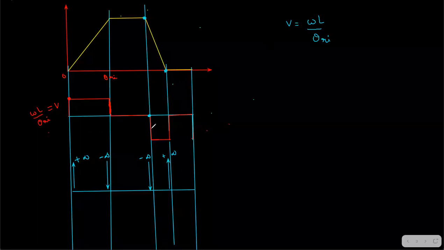Now explaining the other part. The other part is, whenever you accelerate from here, suddenly velocity is given. So the acceleration is infinite. This is the acceleration, okay? Acceleration is infinite upwards. Now we need to maintain constant, and suddenly from this portion, you are coming to the zero velocity.